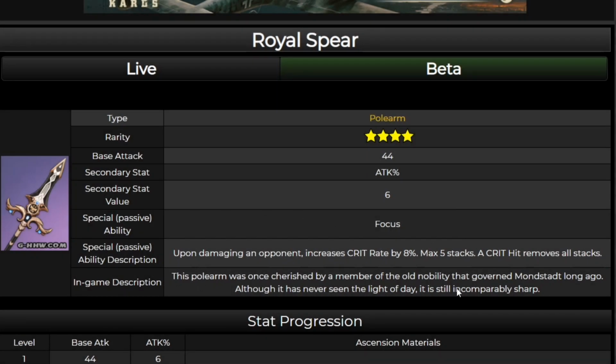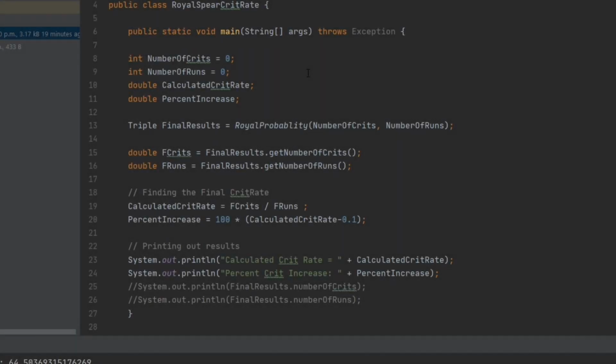So I wrote some code that calculated basically the effective crit rate that we get from the Royal Polearm because it's a little bit complicated and it kind of adds up over stacks and then you lose it once you get a crit hit. My code didn't consider it stopping at 5 stacks, so it actually maxes it out all the way to 100%. Okay, so this is my code and I'm just going to slowly scroll through it, but